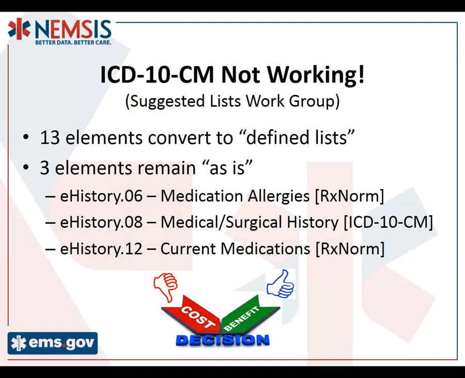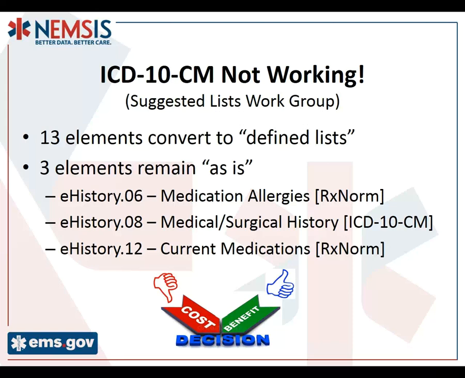What about these suggested lists? The work group associated with this area indicated that for 13 elements that are using these complex national vocabularies, we could convert those to a defined, truncated list that EMS providers could just go through, and not have to deal with this pattern that allows so many choices. There are 3 elements that have to remain patterns. That is, they can use a lot of different codes in the standard, and these are all related to history, right? A patient could have any kind of allergies, any kind of history, any kind of current medications they're taking, and so it's really hard to come up with a defined list for those 3